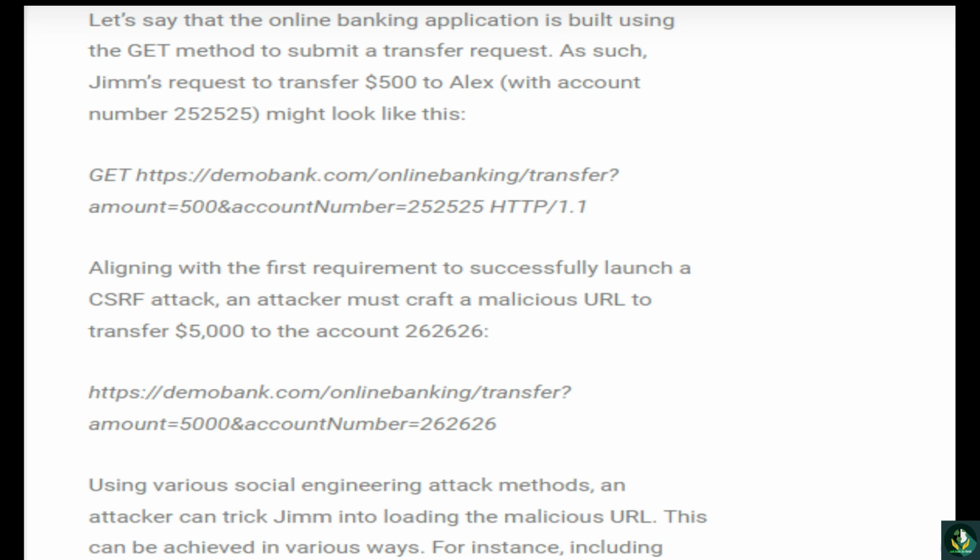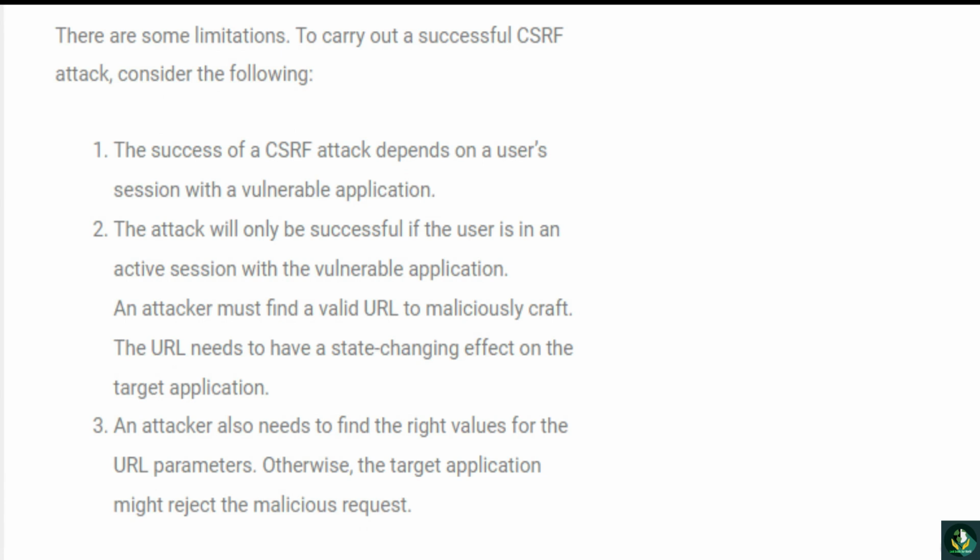Aligning with the first requirement to successfully launch a CSRF attack, an attacker must craft a malicious URL to transfer $5,000 to the account 262626, like demobank.com online banking transfer account number. Using various social engineering attack methods, an attacker can trick Jima into loading the malicious URL. This can be achieved in various ways. For instance,